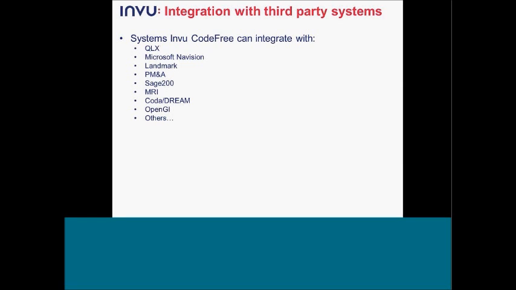If you have the ability to, like I said earlier, kick out a text file, things like QLX and I believe it's OpenGI, they have the ability to export a text file. Using that text file that contains the information on screen, so invoice number, customer number, net back rows, things like that, we can, with CodeFree, use that text file to just populate the file and save screen or perform a